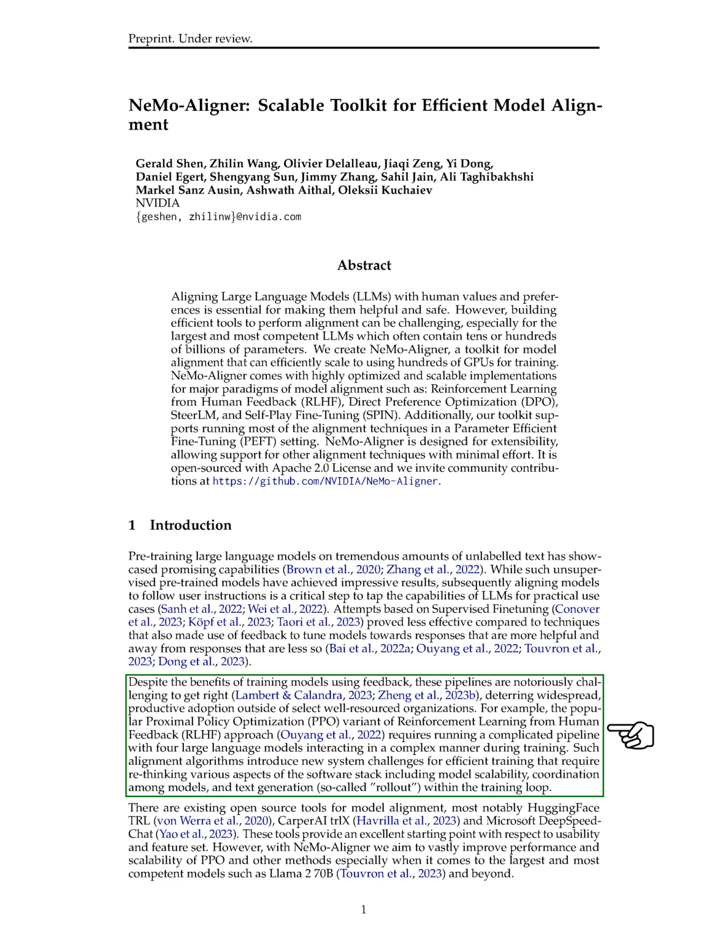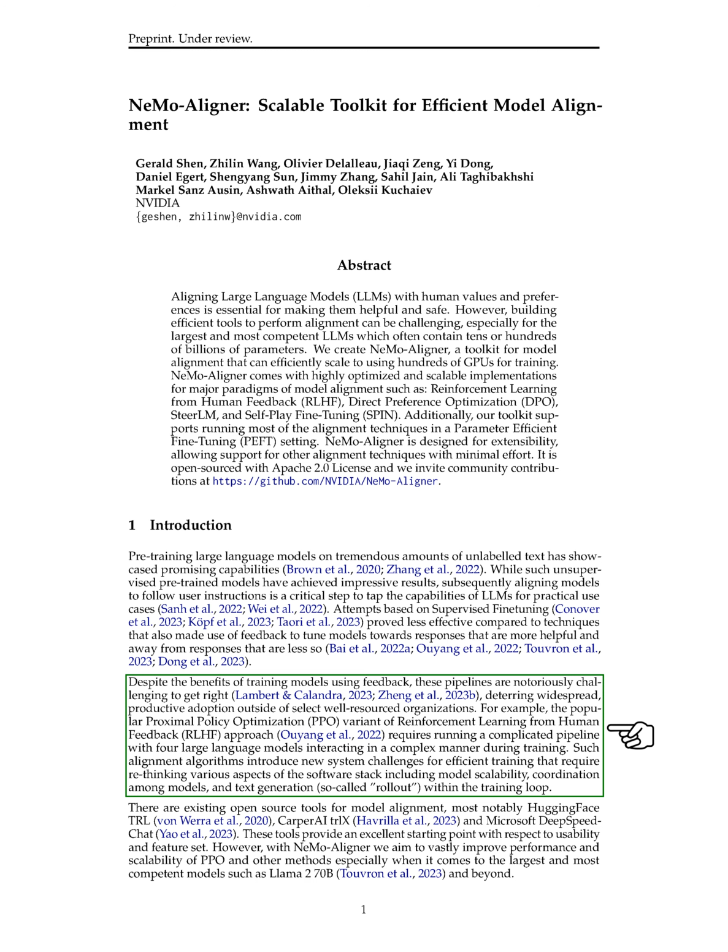Despite the benefits of using feedback, these approaches are challenging to implement widely. For instance, the Proximal Policy Optimization (PPO) variant of reinforcement learning from human feedback (RLHF) involves a complex pipeline with 4 large language models interacting during training. This alignment process poses new challenges for efficient training, requiring a re-evaluation of various software aspects like model scalability and